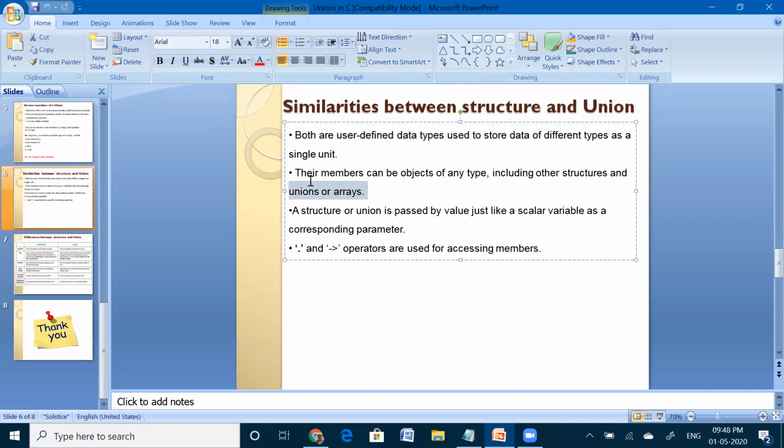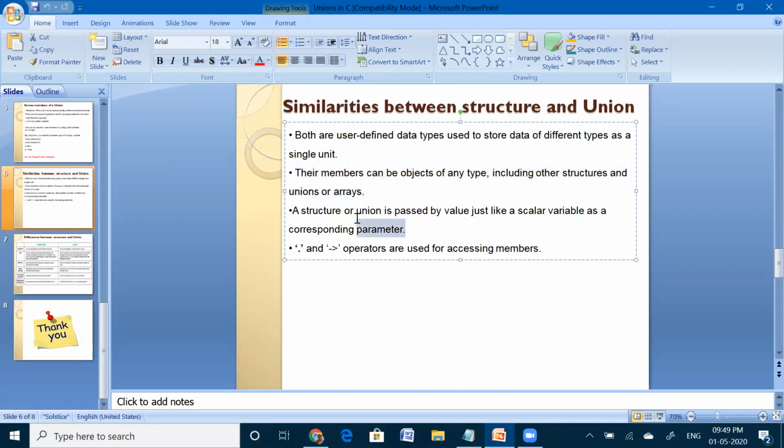The members can be objects of any type, including other structures or arrays. That means inside a union we can store members as a union type, array type or any kind of structure type. Inside a structure also, all the members can be any kind of data elements.